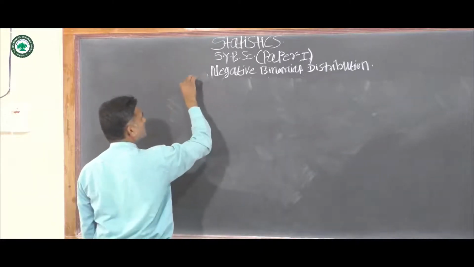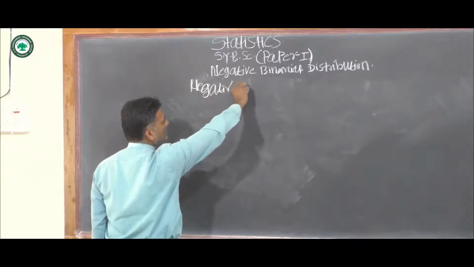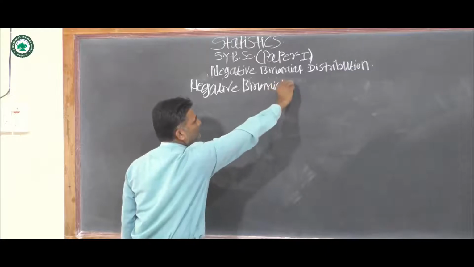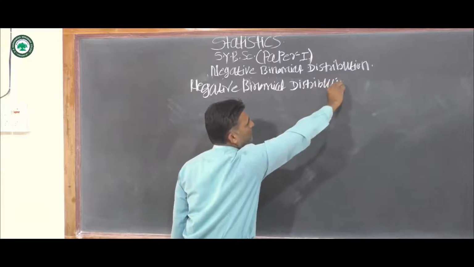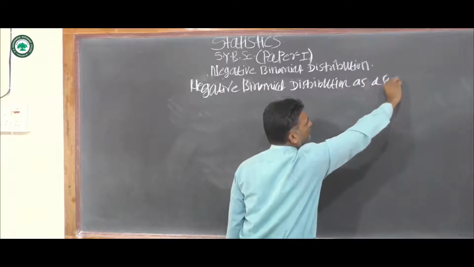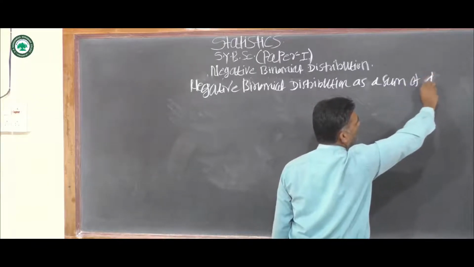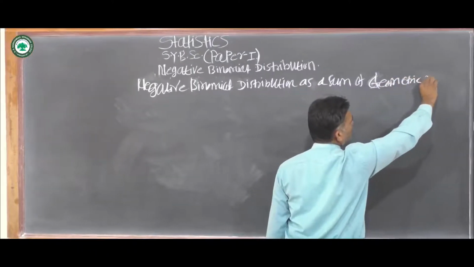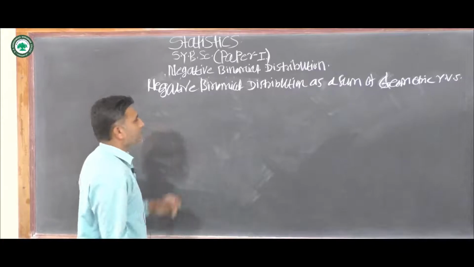Okay, negative binomial distribution, negative binomial distribution as a sum of geometric random variables. Okay, now its statement is